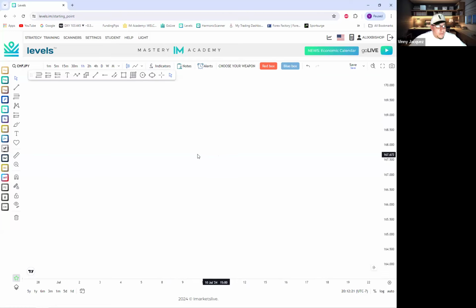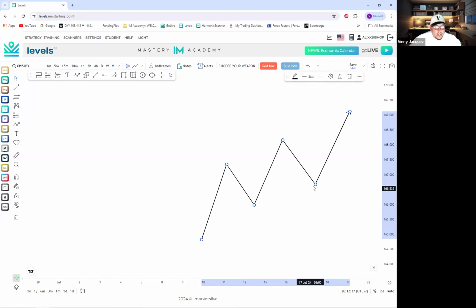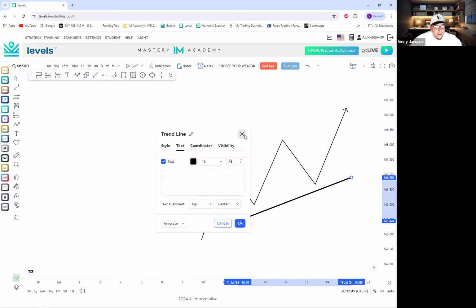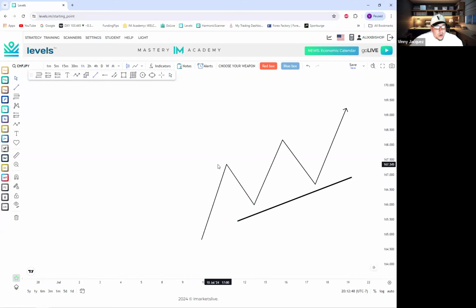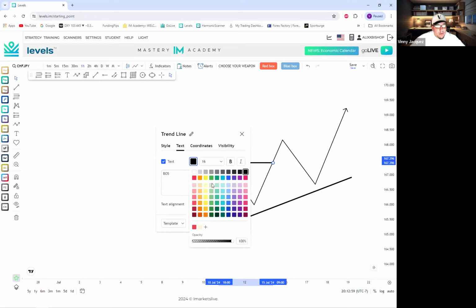So understanding a pullback, guys, and when we're trying to ride the trend, right? When the market is in an uptrend right now, we need to understand the market structure inside this trend. When we can see market is bullish, we need to understand the market structure inside of here, right? Not only understand what's happening when it comes to breakouts. Yes, we see this is a break of structure. Let's go ahead and just draw this up. Top, we'll make this blue,